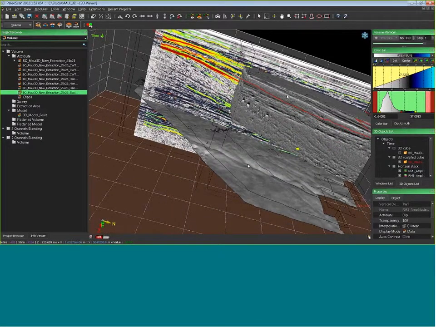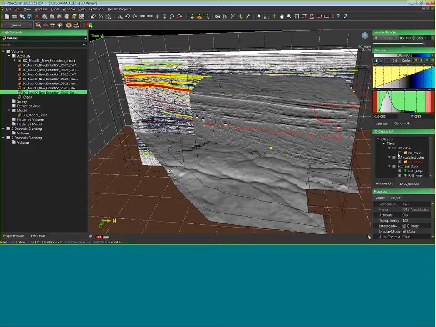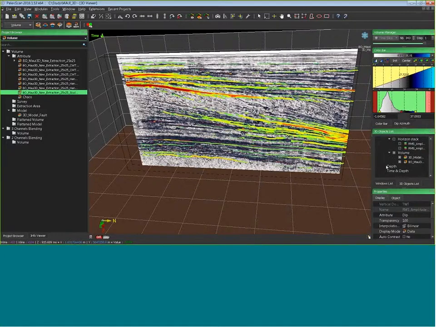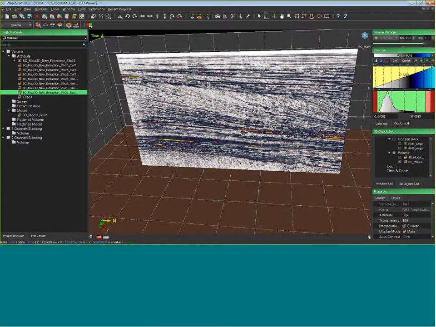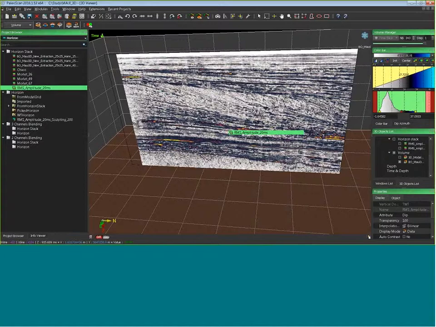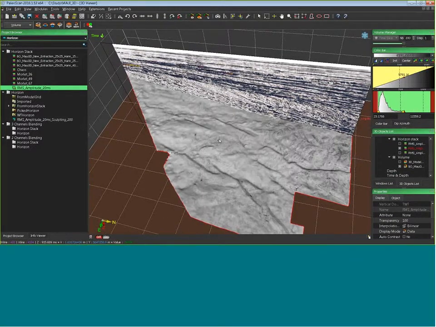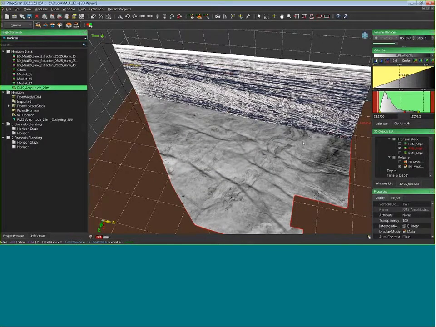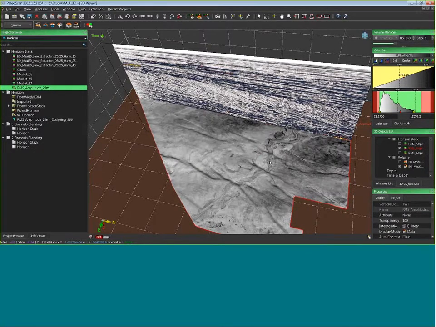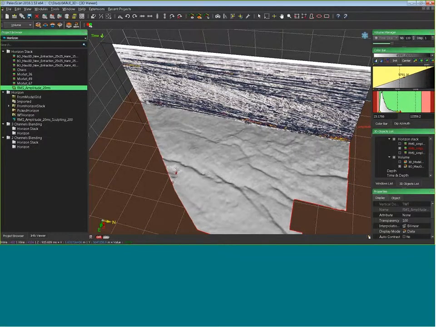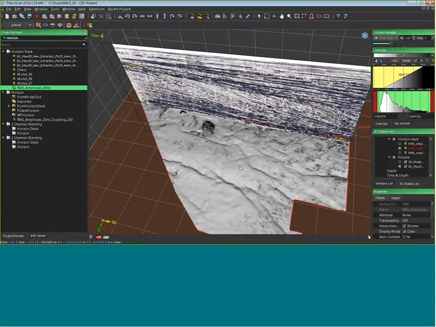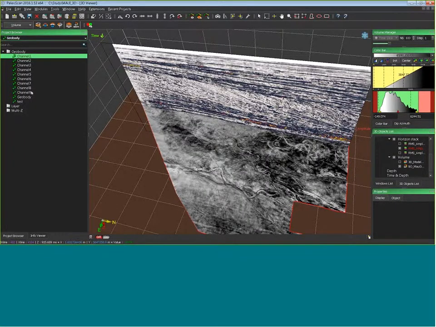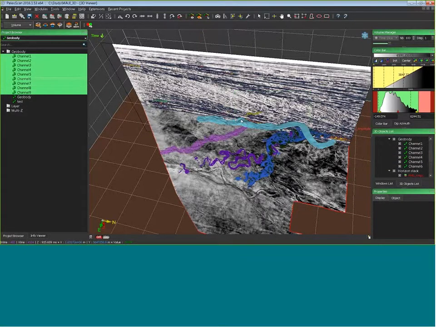Okay, concerning the 3D viewer, I finish. I will just remove the display of some objects. I will just come back to my horizon stack. As you can see on this dataset, we have many and many channels and events. I have extracted some channels using the amplitude or manual extraction before, and like this, I have saved all these geobodies. I can drag and drop to have the display.